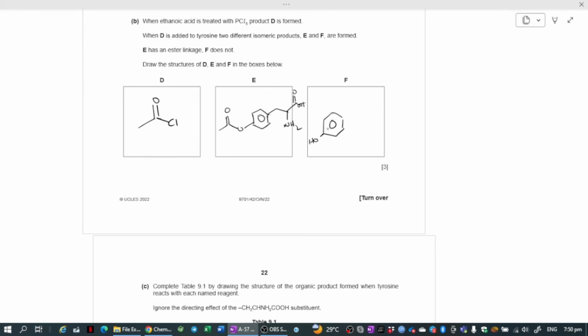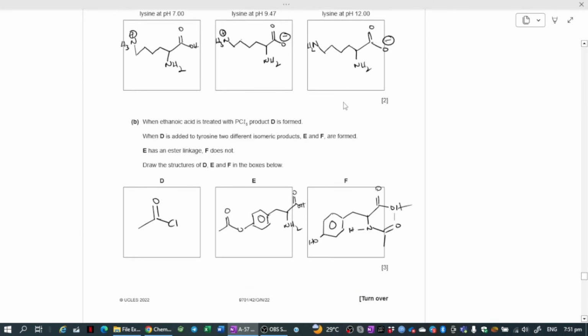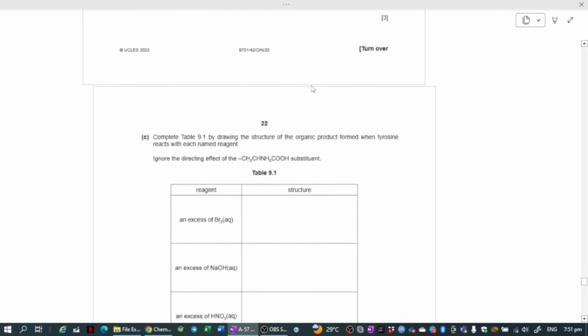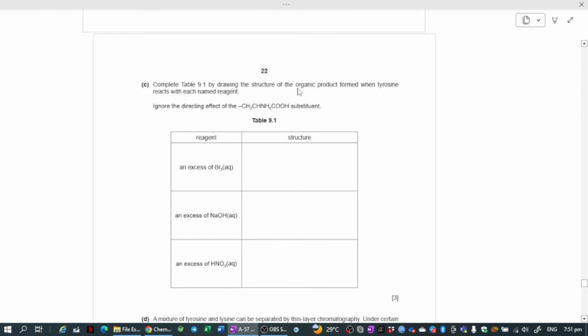OH, bam, NH, COCH3, and you get COOH. So those are the three structures that you form, right? And of course you get HCl as a by-product in each of these, right? Good. Then they say complete table 9.1 by drawing in the structure of the organic product formed when tyrosine reacts